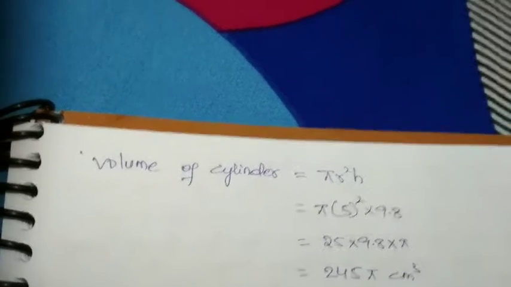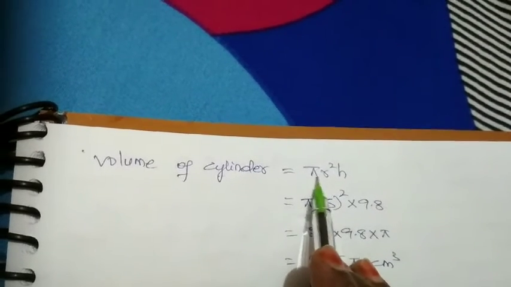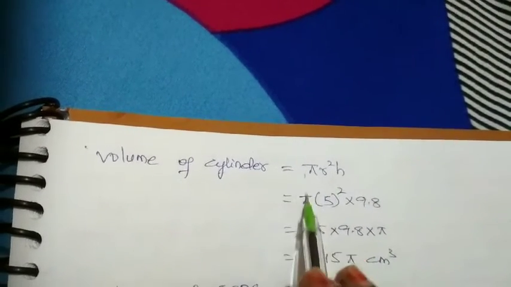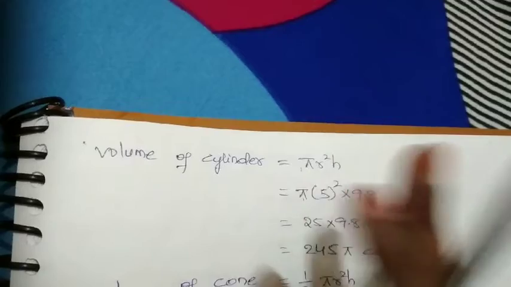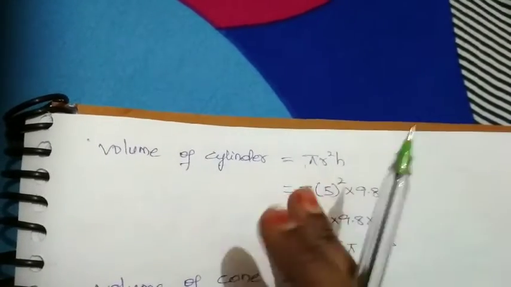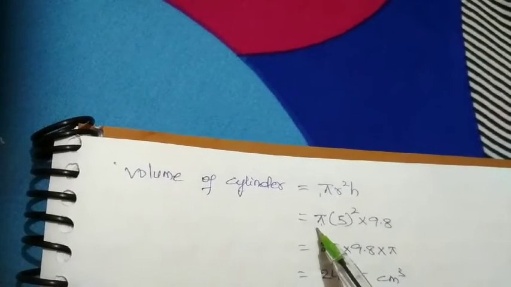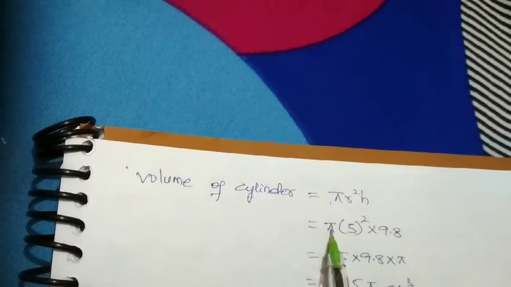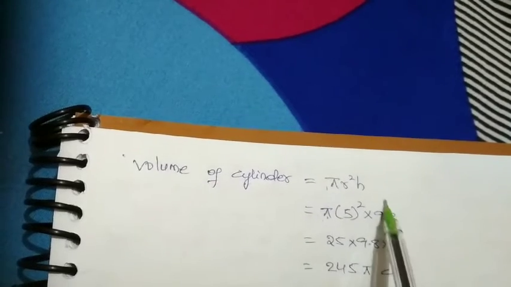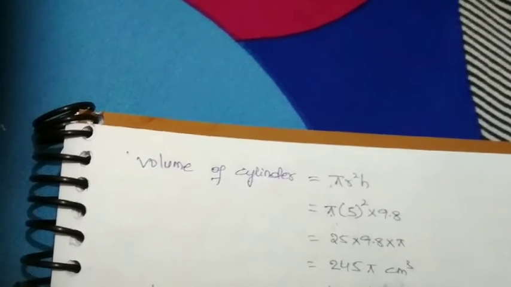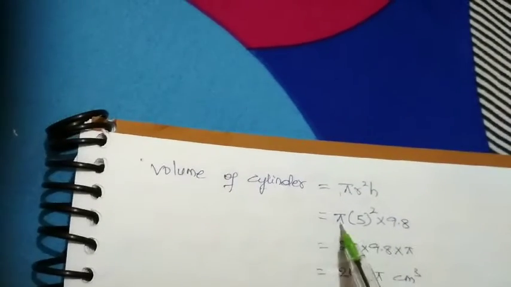First we'll find the volume of each shape separately. First, the volume of the cylinder. What is the volume of a cylinder? Pi r square h. I am writing pi as it is because both the volume of the cone and the volume of the hemisphere have pi, so at last we'll solve pi together. Instead of writing 22 by 7 here, to reduce the calculation and save time, I am taking pi as it is, and at last I will take pi as 22 by 7 and solve it there.